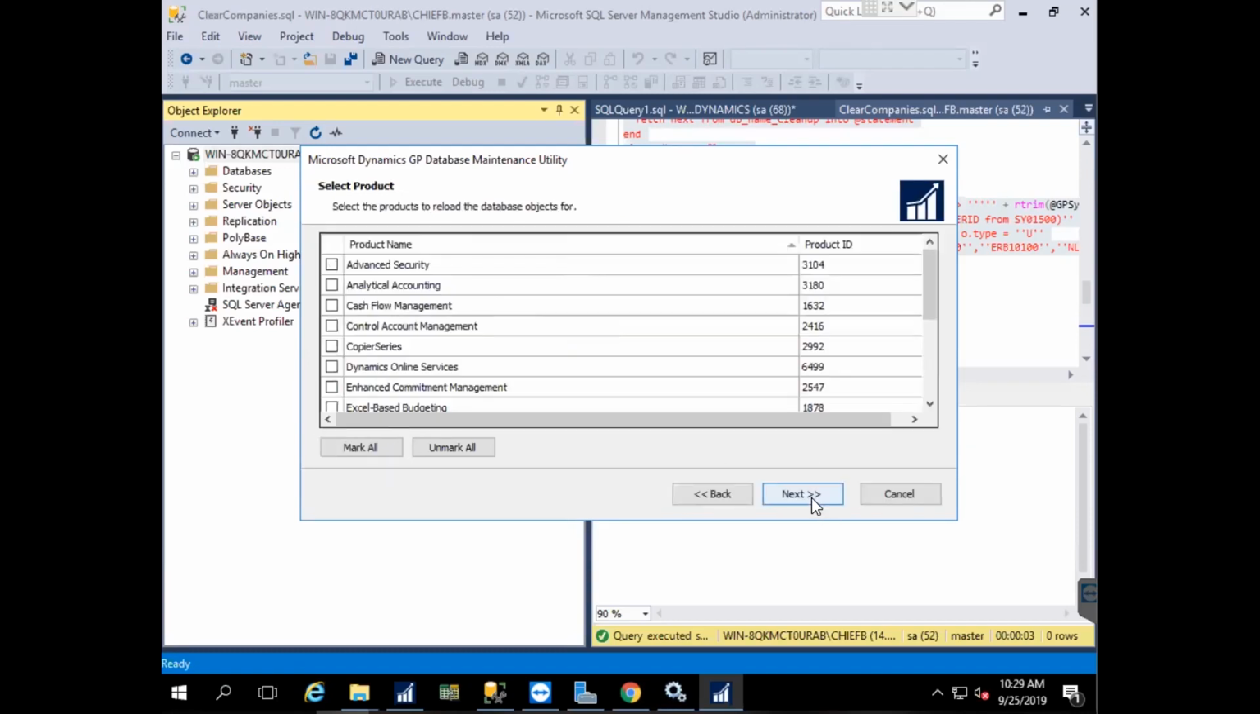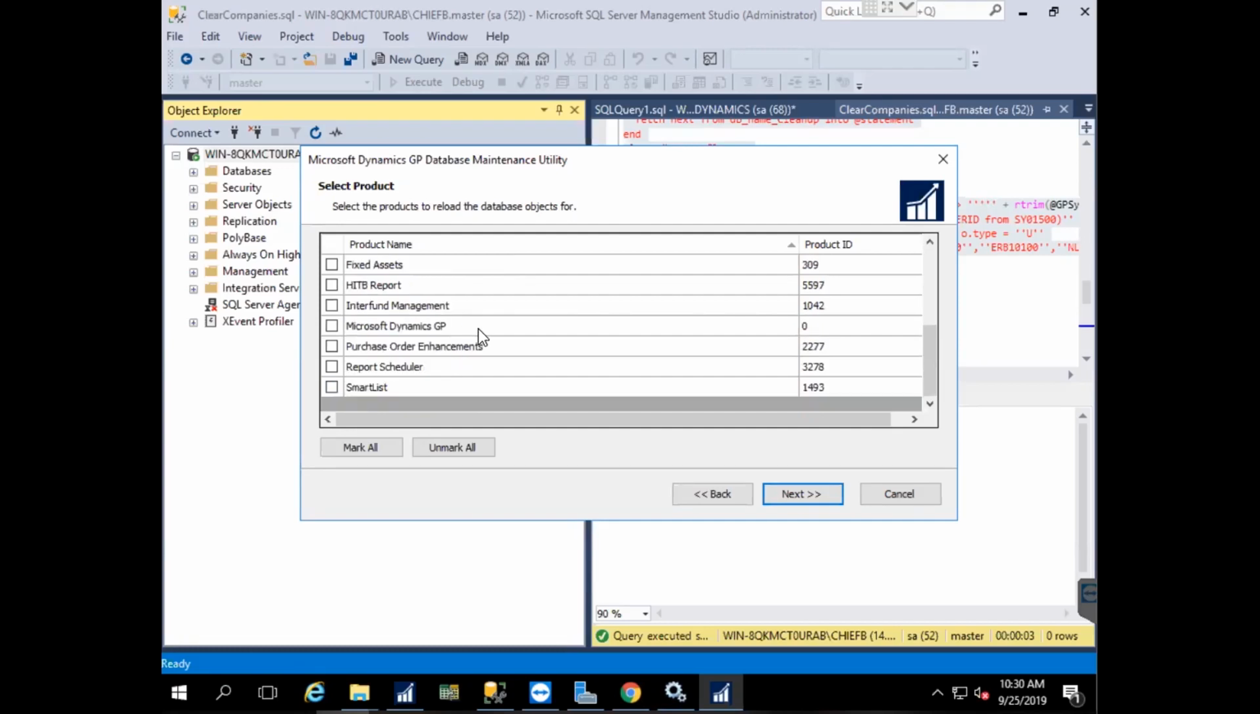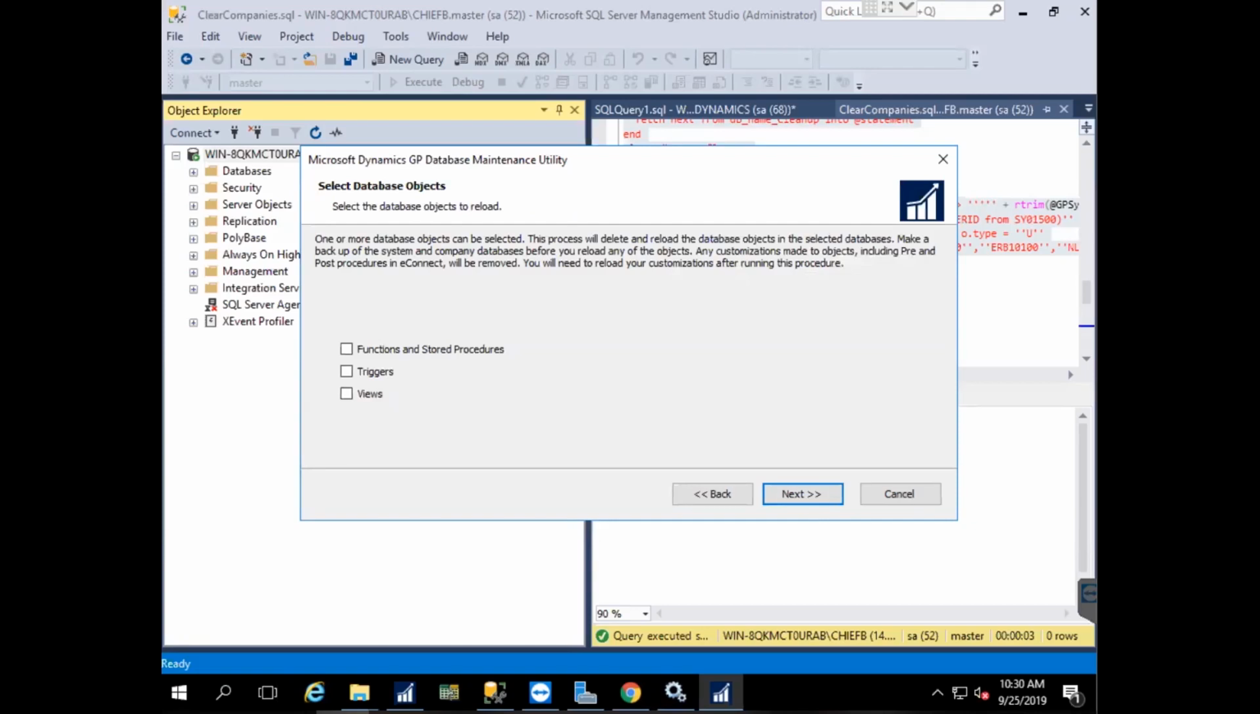Click next. And here you can select products window. You can mark the component or components that need to be reloaded. So you have various product names, whether it's strictly Microsoft Dynamics GP product, or it may be Excel-based, budgeting-based, or Smart List report scheduler. You select the product, you click next,